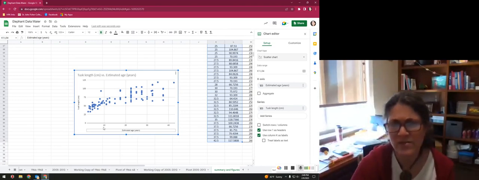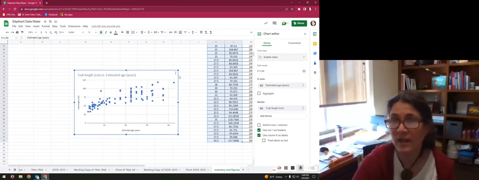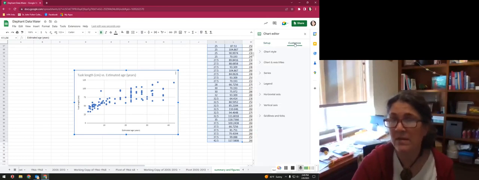I think I might want to switch this so that, no, I like this. So as age goes up, what happens with tusk length? I think that's the way to do it. So this is showing a relationship. Often a scatter plot will include something called a trend line. So to get that trend line, you want to customize,